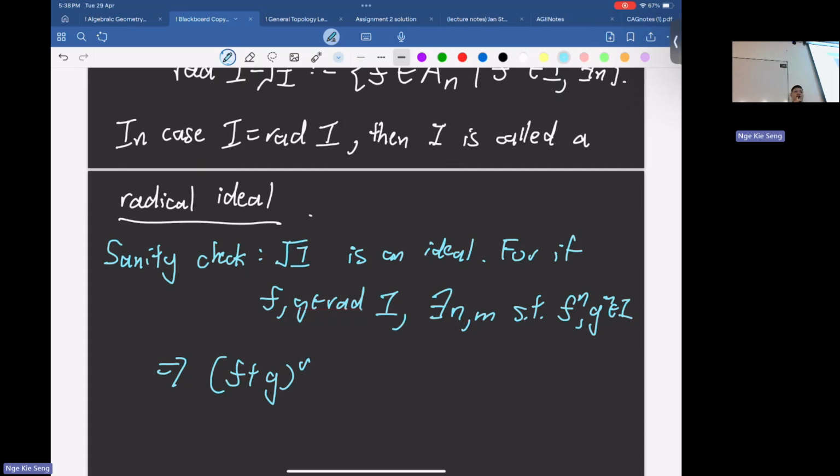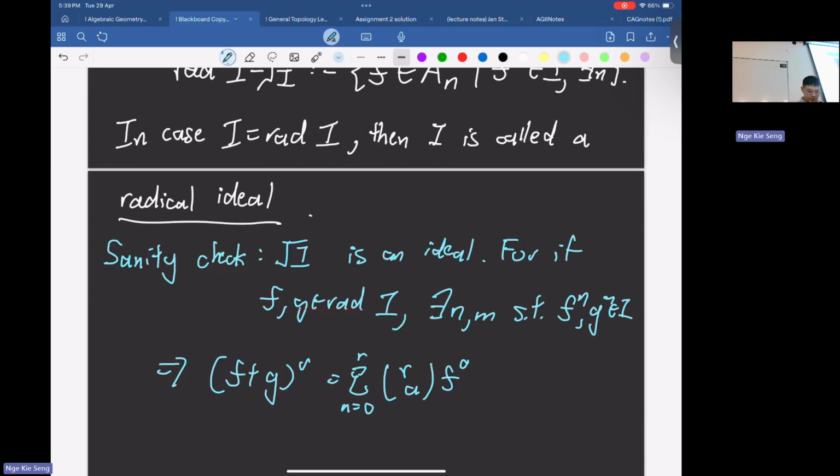What do you need to imagine here? If I take this power of r, I do a binomial expansion. So you need to make sure that every term lives in I. But what do you know? You know fn and gm live in I. So each of these terms must at least contain as large a power of f as n and as large a power of g as m. So which power do you need? M plus n. Okay, actually,